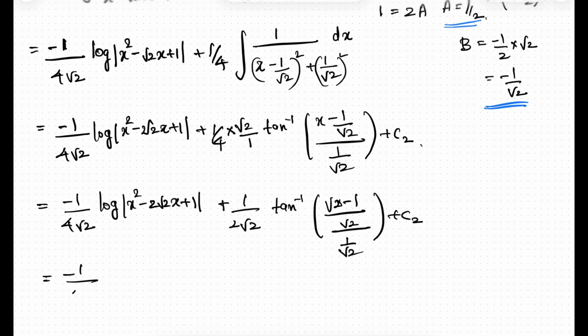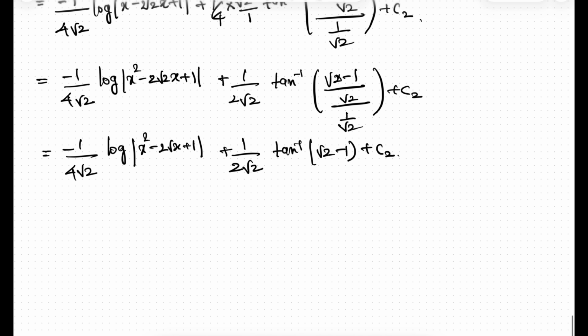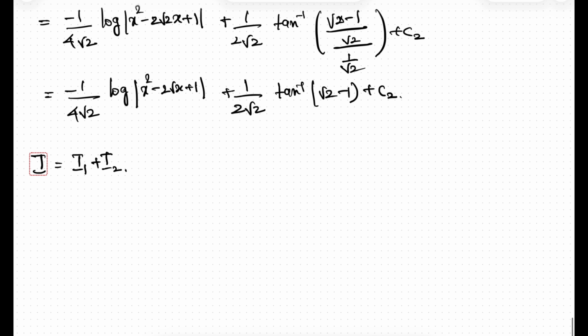So your final answer would be minus 1 by 4 root 2 log of x square minus 2 root 2 x plus 1 plus 1 by 2 root 2 tan inverse of root 2 minus 1 plus c2. So to find the integral I'll have to add I1 and I2 together. So for your first integral, you got 1 by 4 root 2 log of x square plus 2 root 2 x plus 1. And in your second integral, the log term was minus 1 by 4 root 2 log of x square minus 2 root 2, sorry, it's